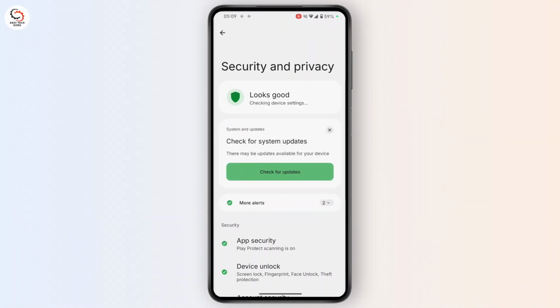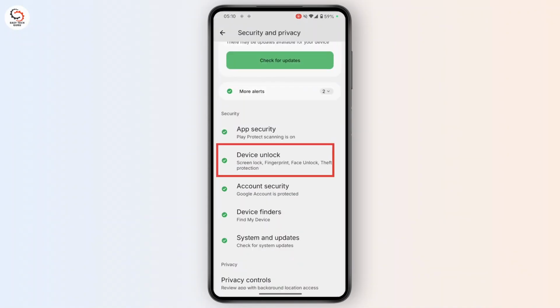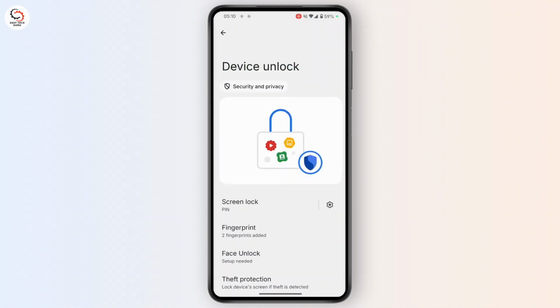After you're on security and privacy, you can find multiple options such as device unlock. Head over to device unlock. After you're there, set up your biometric or your Face ID. So after you've done that, to enable biometric login within any individual app, you'll need to head over to your